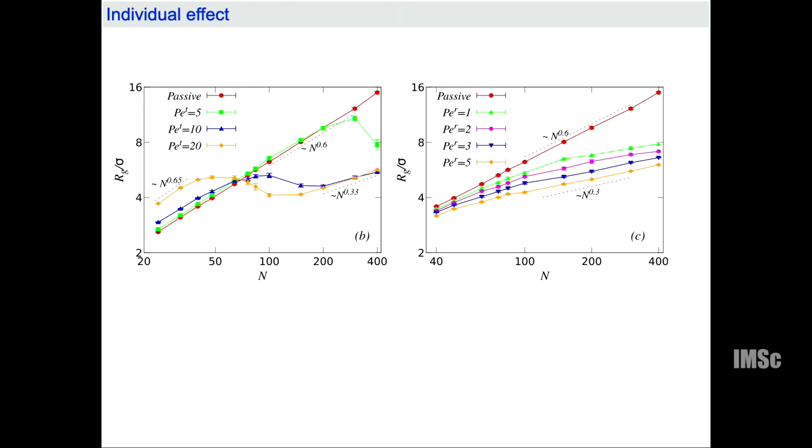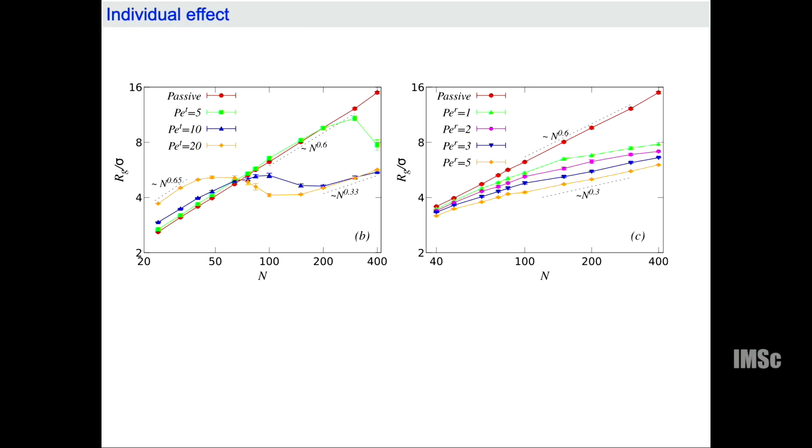So we see that there is a non-monotonic behavior because of the presence of both of them. Now the question was, this non-monotonic behavior that we observe is because of which force, right? And therefore we simulated this polymer for the PT local force separately and the global force separately. What we see is this non-monotonic behavior is just because of the local force, not because of the global force,